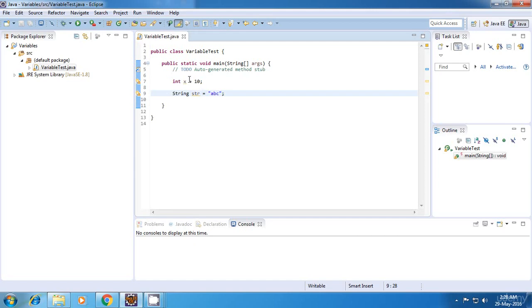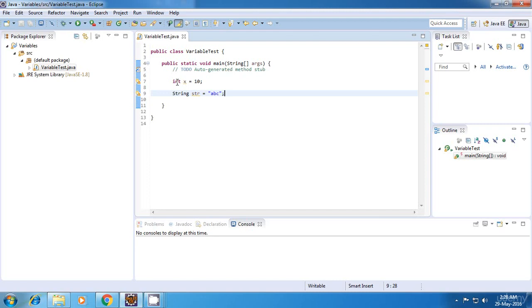Now as you can see, the method of assigning a value to a variable is the same for both primitive type and reference type. We have a common assignment operator in between. And by the way, it is called the assignment operator. It is not "equal to", it is called the assignment operator. Okay, so this is the way we assign a value to a variable. Now what is the difference between primitive types and reference types? Now the difference